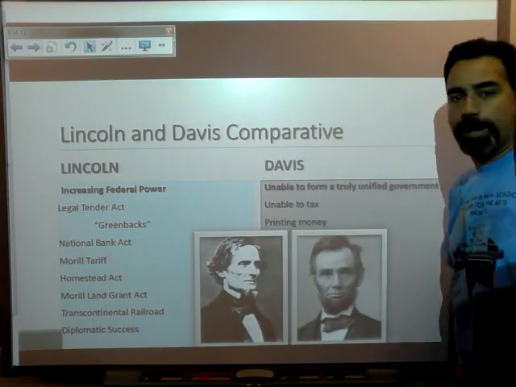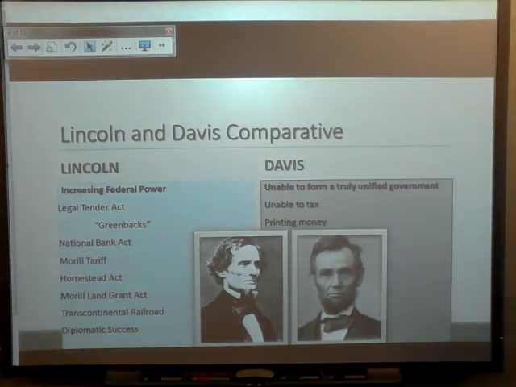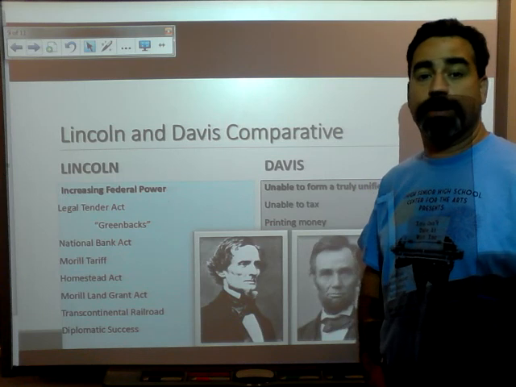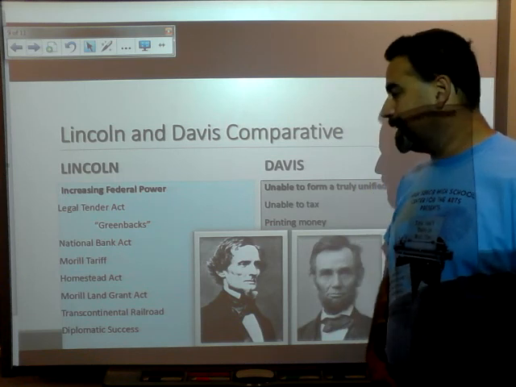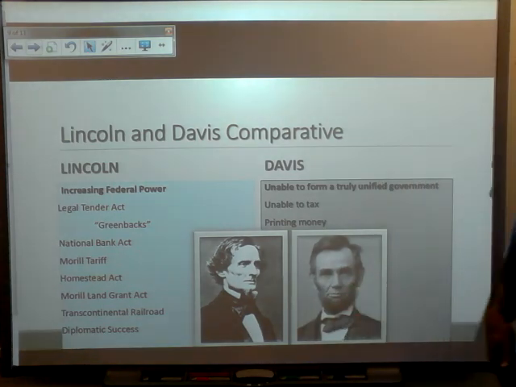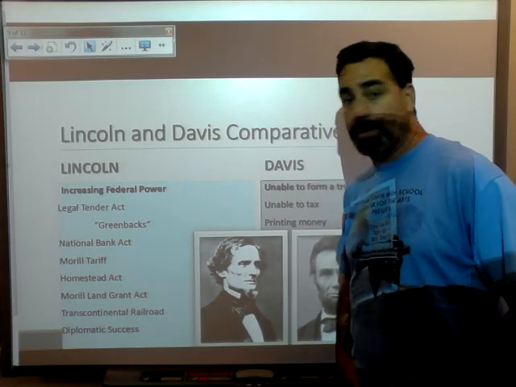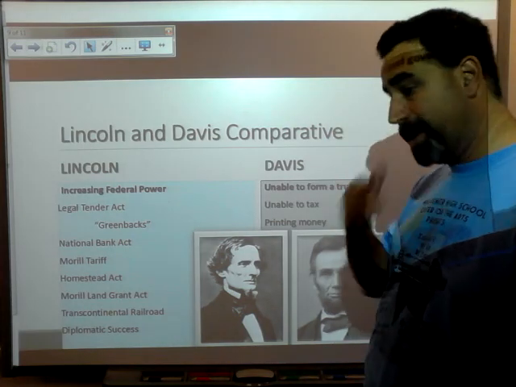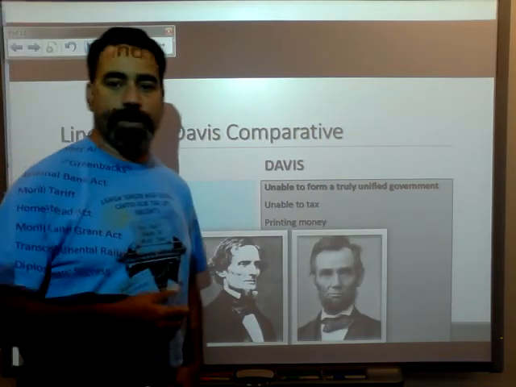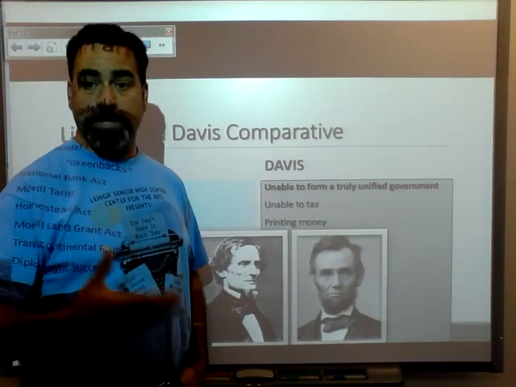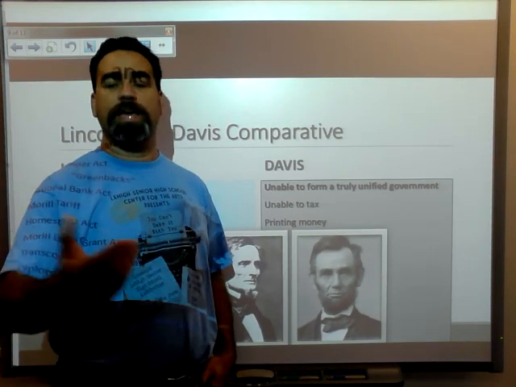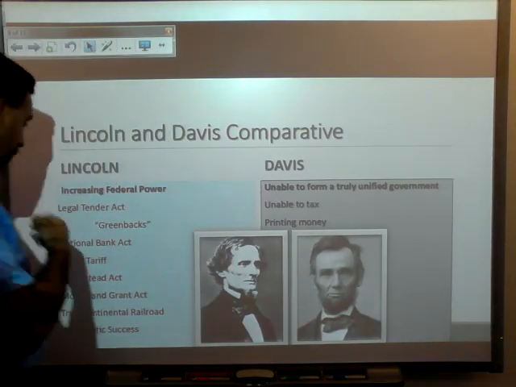Lincoln and Davis. Now, if we do a real quick comparison, Lincoln, without any Southern opposition, without hardly any Democratic opposition in Congress, is actually now a bearded Lincoln, and he's going to be able to accomplish quite a bit of the Republican agenda. Remember, the Republican agenda was largely composed of Whigs. And these Whigs were advocates of the old American System that was presented by Alexander Hamilton and pushed by Henry Clay. And we see some of this happening here.